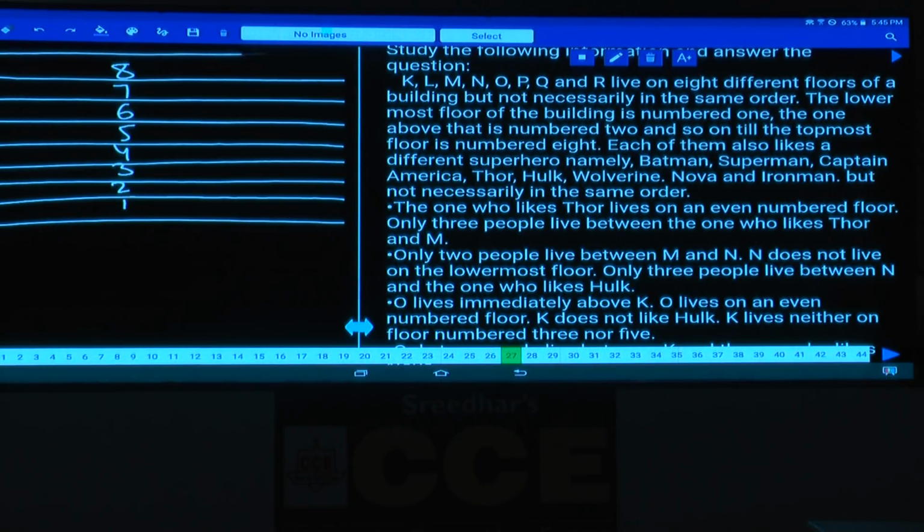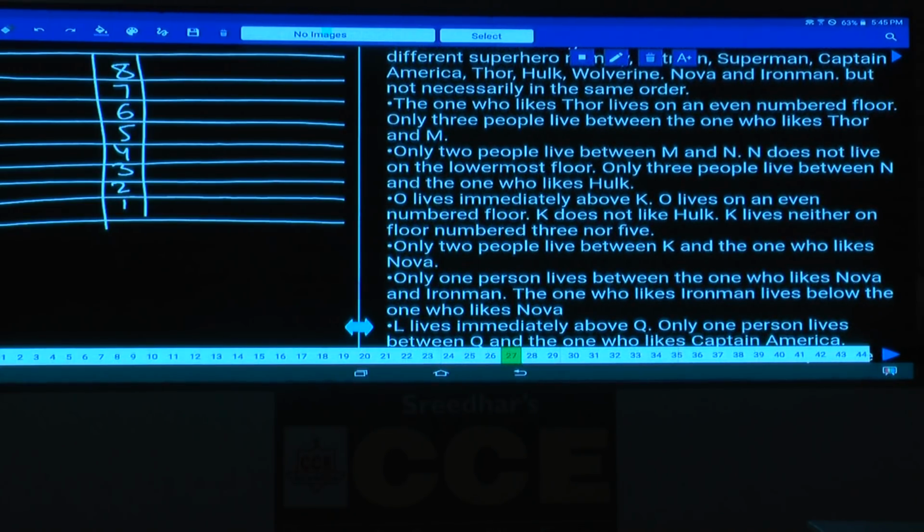Then next one. And each one of them also likes a different superhero, namely Batman, Superman, Captain and so on. 8 persons living on 8 different floors, and each one of them likes a different superhero. Then the first one, the one who likes Thor